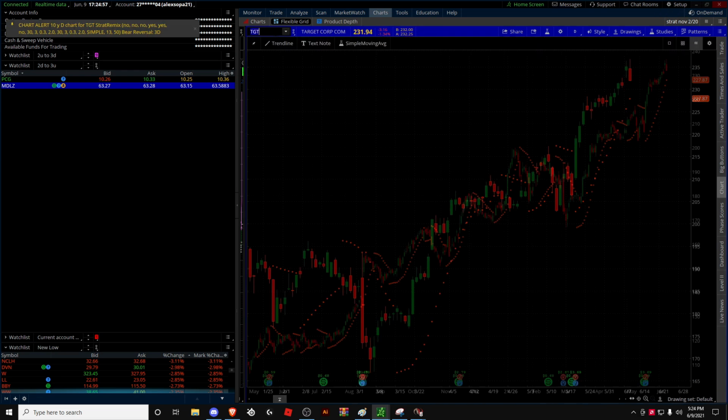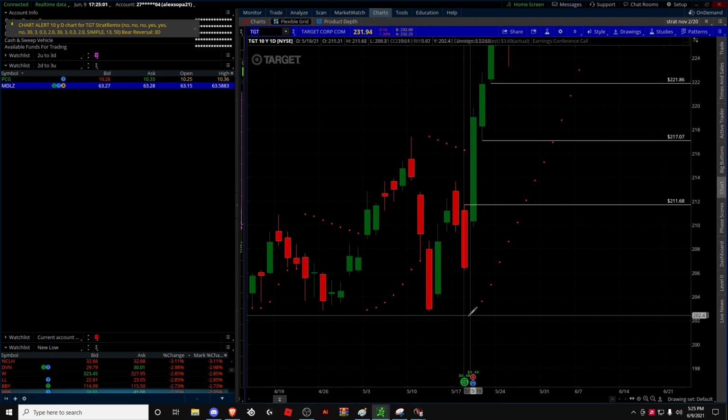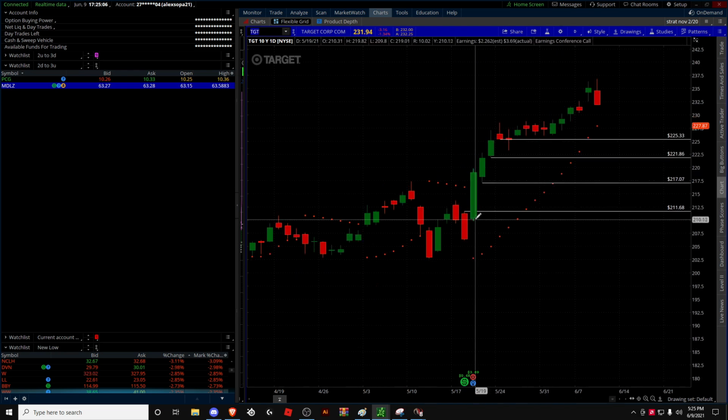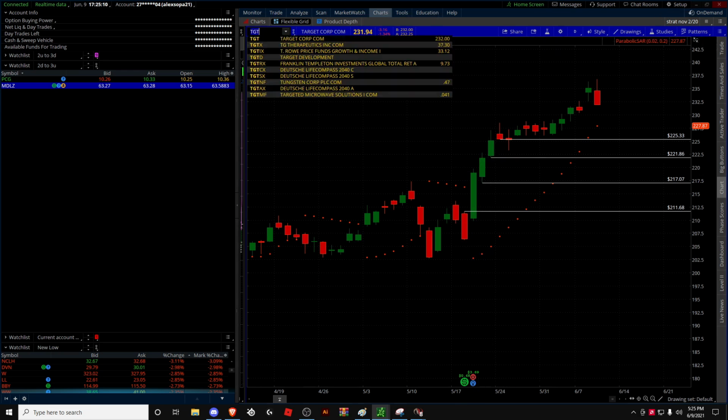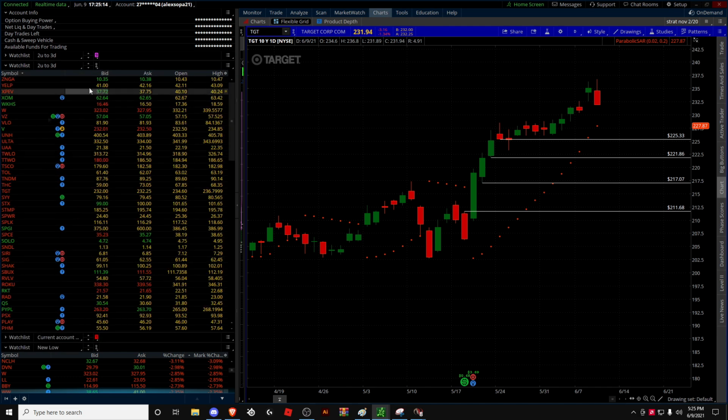And for an example of that, we can go to Target. So this was one of the days where SPY gapped down. Target gapped up, kicking pattern, took out those highs and squeezed those shorts right out of their position. You could see that very, very easily. But I digress. Anyways, we can go then to the two up, 2-3 down,